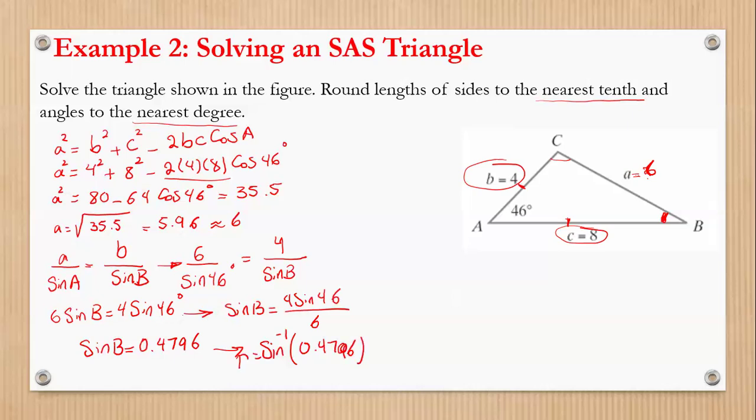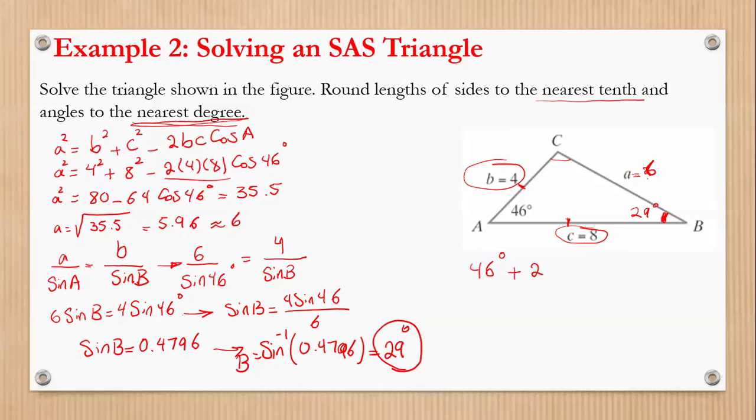So angle B is equal to about 29 degrees. If you round it to the whole, it's 28.6, but since it says rounded to the nearest degree, we round it up to 29. Now I have this angle as well. So the only thing that's left is finding angle C, and I know that the sum of all three angles is always equal to